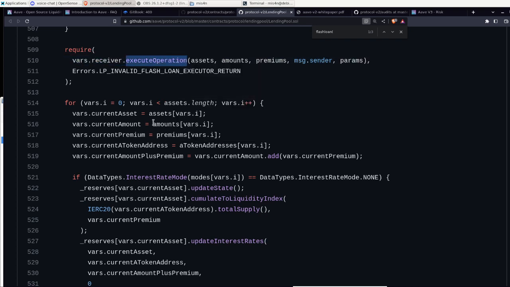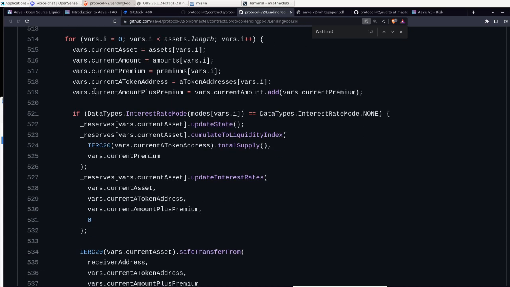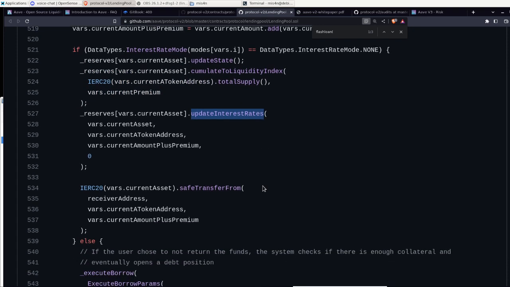After that, we go over the arrays we created, and we're gonna calculate the amount of premium. So how much you need to pay over your flash loan. And then we're gonna have to do some cumulative liquidity math here to get the new amounts for the assets, and then update the interest rates.